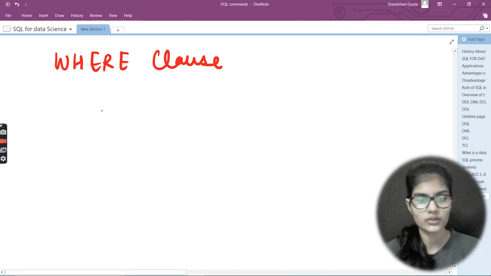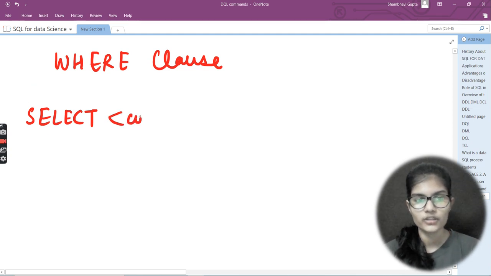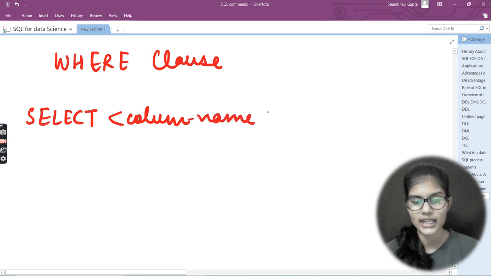Let me write some examples as well. First of all, let me tell you the syntax. First, the SELECT statement will be used because this is a sub part of the SELECT statement. Then I'll put my required column names. Whatever column names you have, you could put all of them right here; n number of columns are allowed. After that, we have FROM.